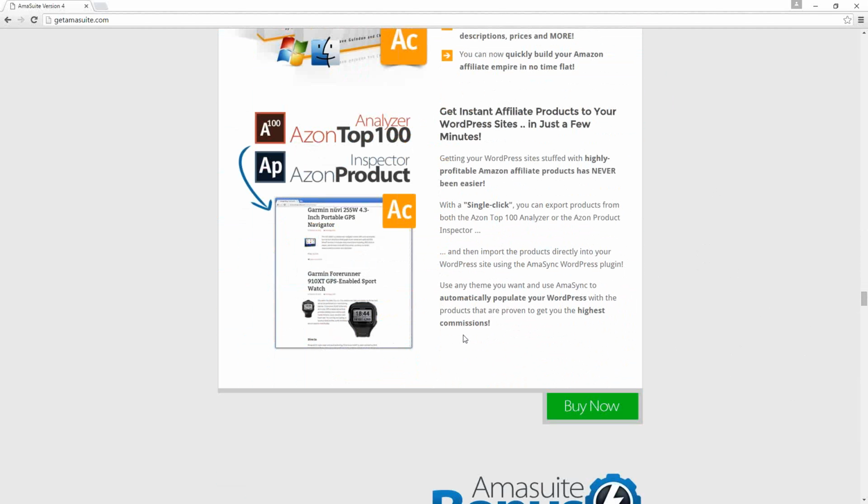What's been going on in the last year or two especially, Amazon has been cracking down more and more on the use of these automated types of product review pages, where they don't want to see a page on your site that is using just the information off of Amazon. What's the point of Amazon paying an affiliate a commission if they're just taking the content that they provide, slapping it up on a website in bulk?